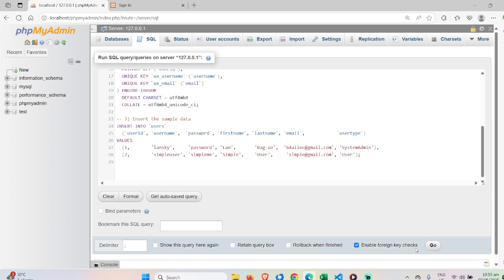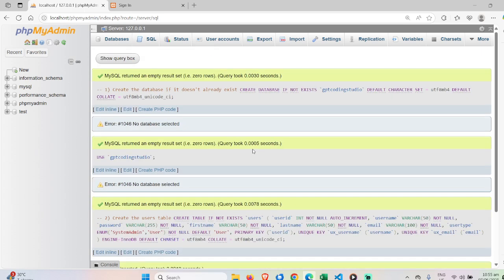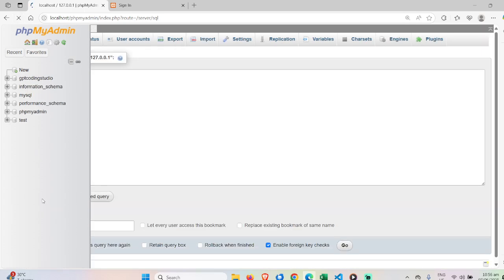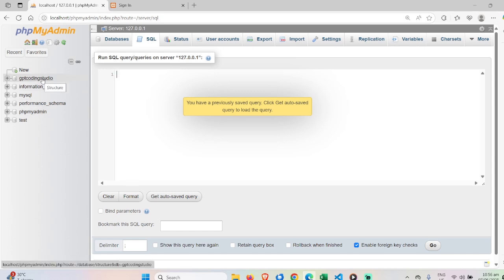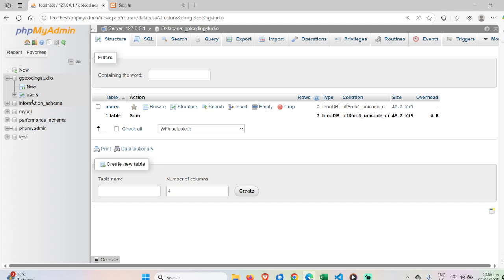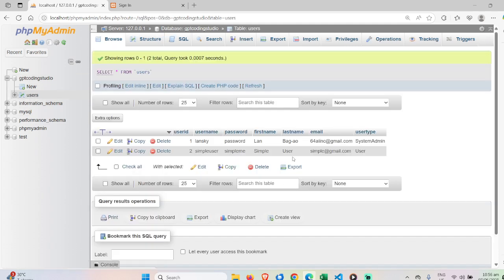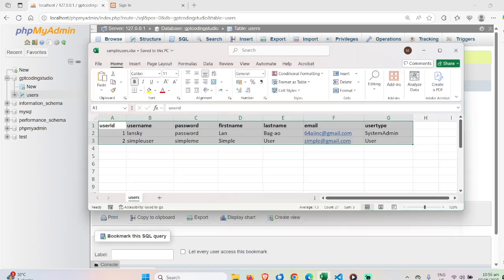Click go on the lower right to run the script. And we have a GPT Coding Studio database with a users table. Okay, we have the users table here. This is the same data that we have in our Excel file.